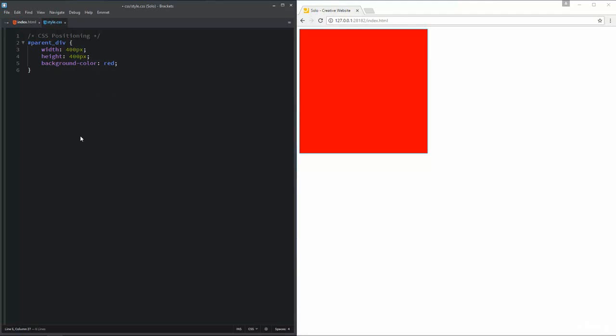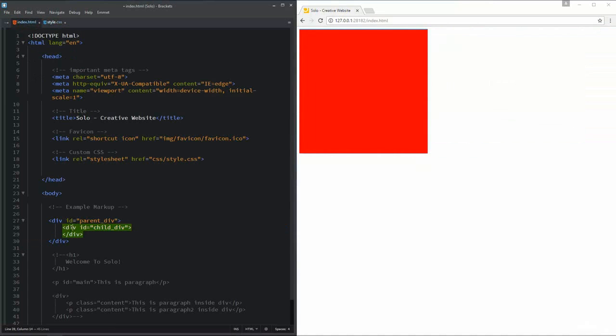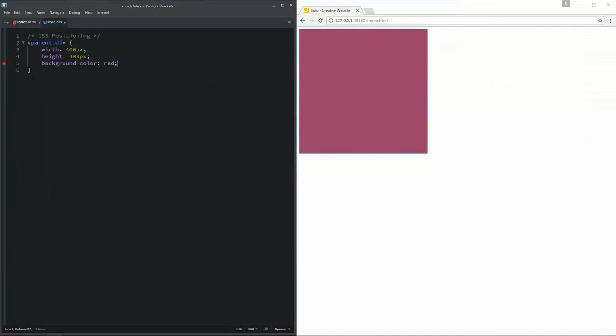Okay, now we have this div which is actually the parent div and you can see the live preview inside the web browser. After that, I am going to specify width and height for this child div which is inside the parent div. I am going to select the child div, and the ID value for that child div is child_div.